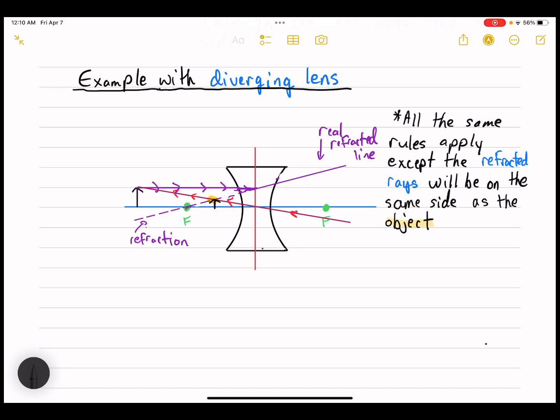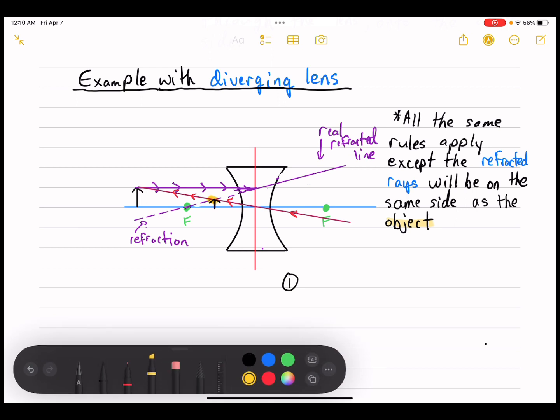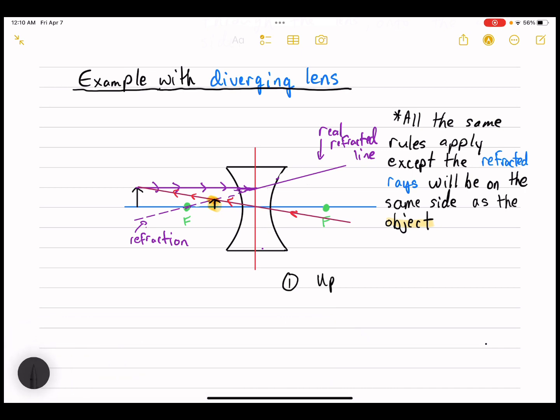And so we can see a couple of things. First, looking at the image that I'm going to highlight in yellow over here, the image is upright. It's not inverted. Second, if you're comparing the two sizes, the image is smaller, and it's significantly smaller. Lastly,